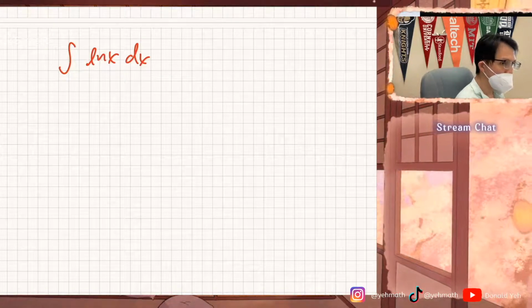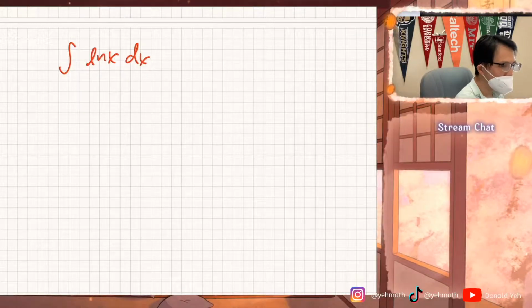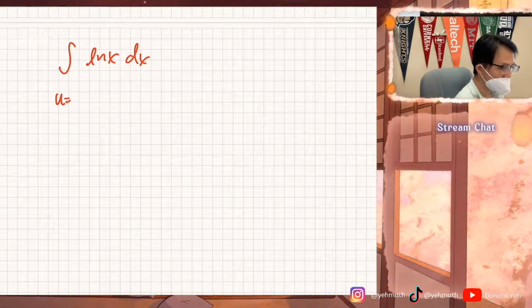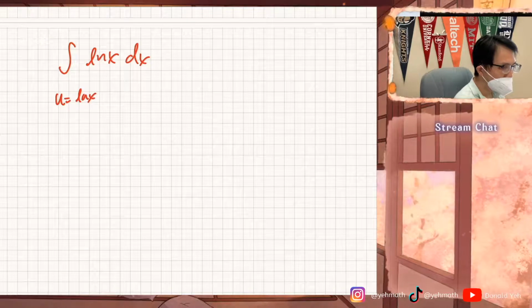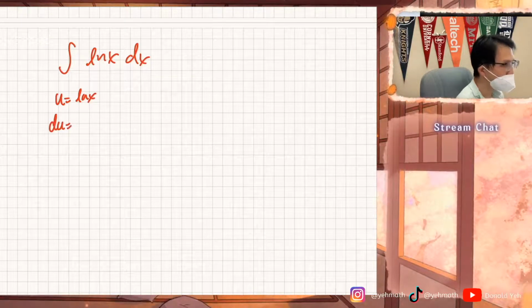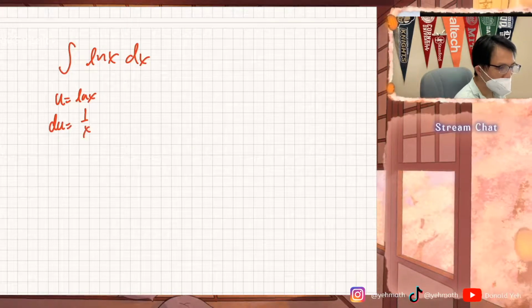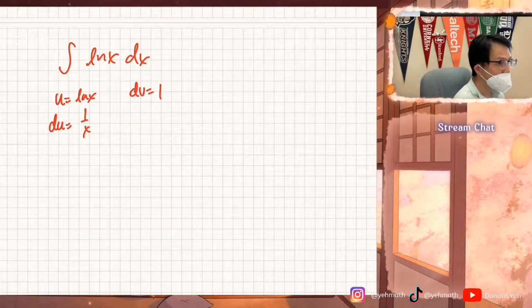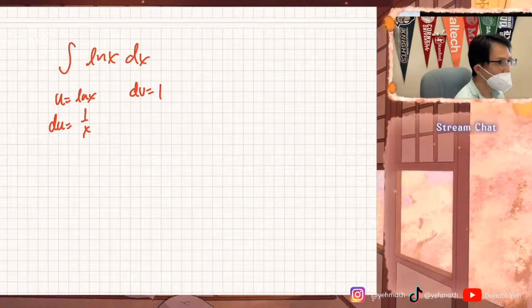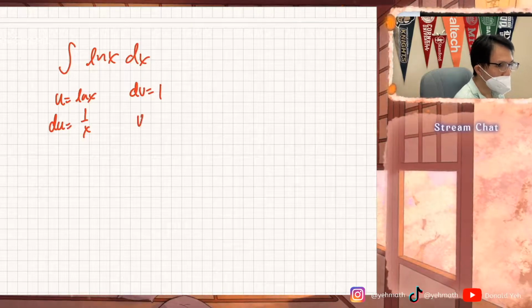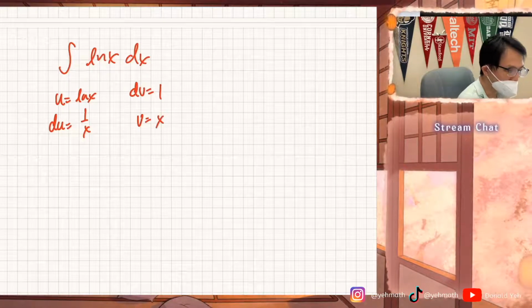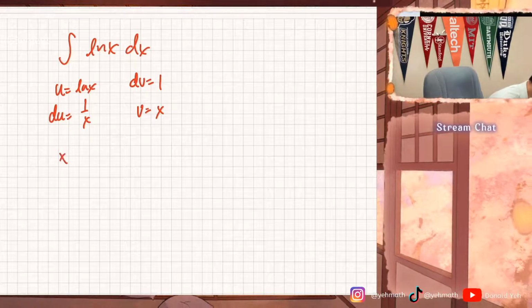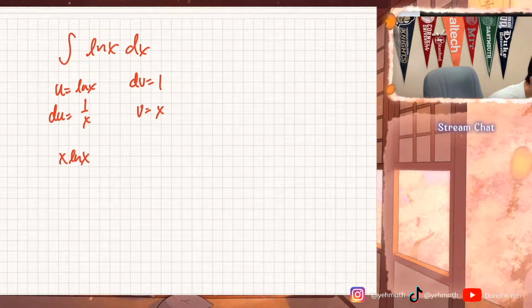It's natural log of x squared over 2? u is equal to what? ln of x, good. What is du? 1 over x, good. And what is dv? 1. And v is equal to what? x, good. So it's x ln of x,